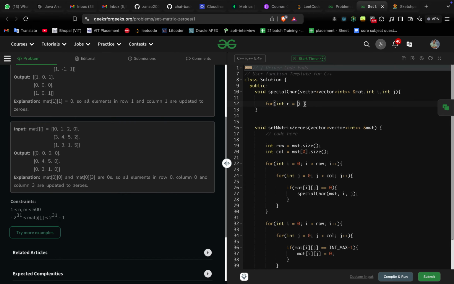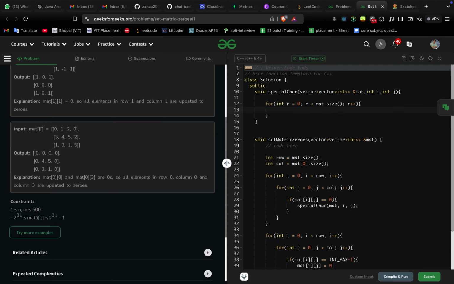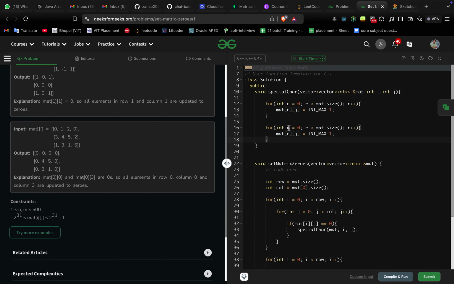Now let me write r is less than matrix dot size and r plus plus, and what I will do, set matrix of r and j is equal to int max minus 1,